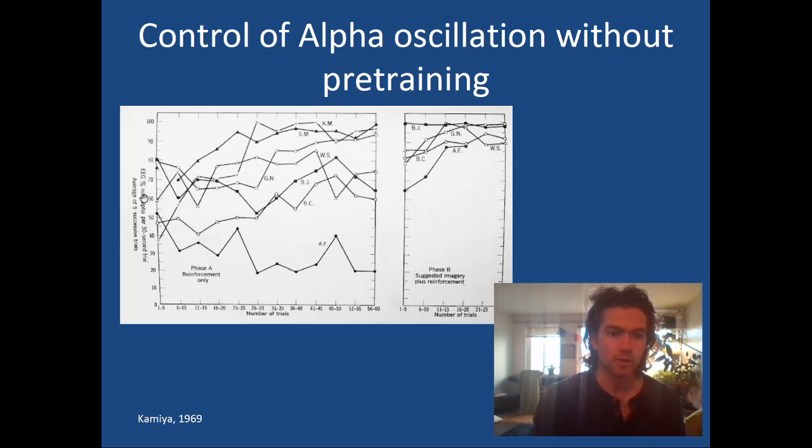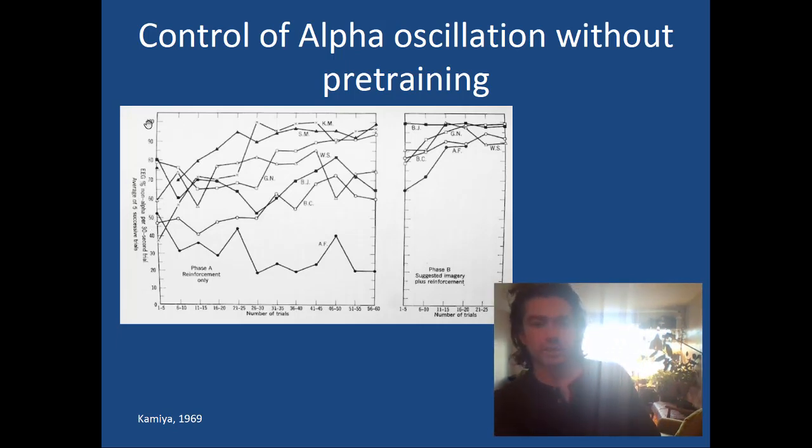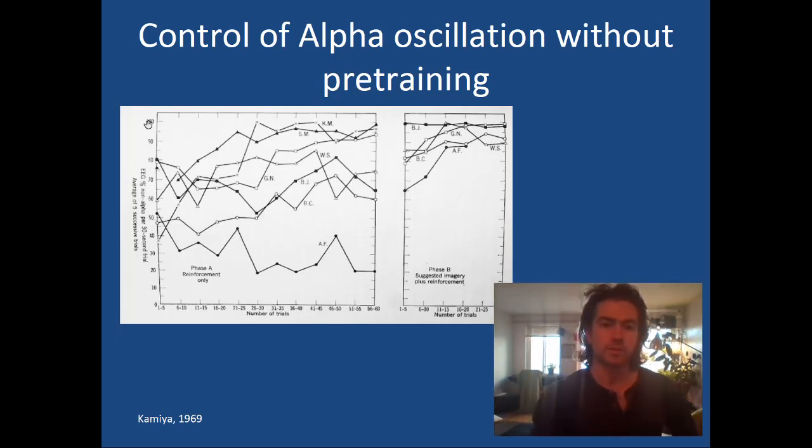So we're looking here on the y-axis at EEG percent non-alpha per 30-second trial, average of 5 successive trials. So here, a higher percentage non-alpha would indicate that the participant is successfully avoiding the alpha state and thus is doing well. And across the x-axis, we're looking at time in the experiment, and each of the lines represents